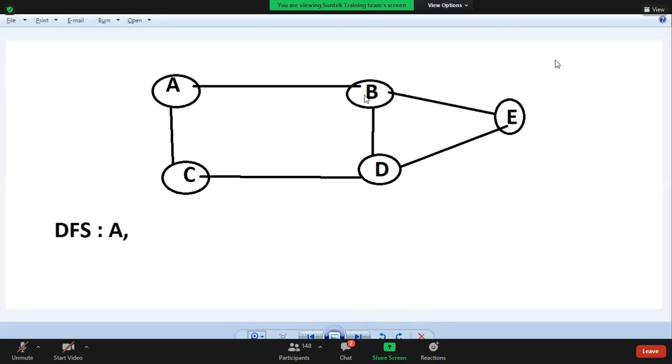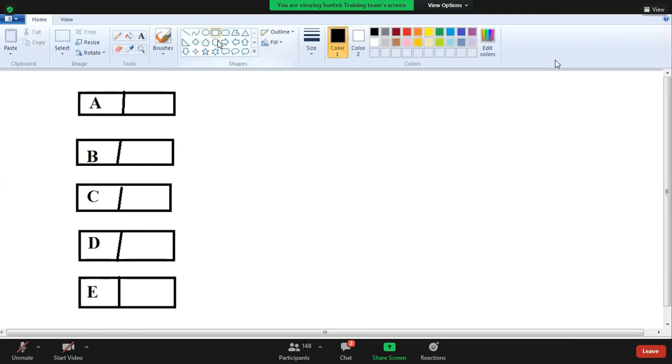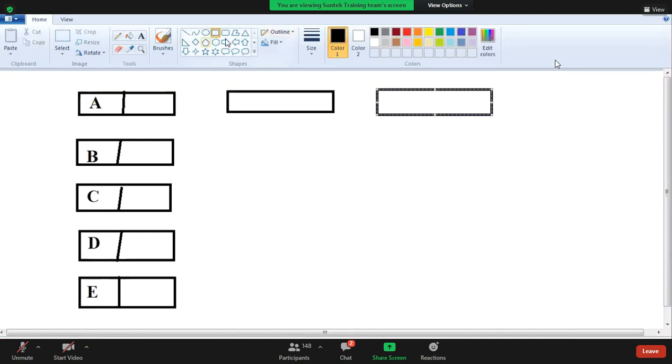A is connected to B, A is connected to C. Directly we can write, guys: A is connected to B, and A is connected to C.